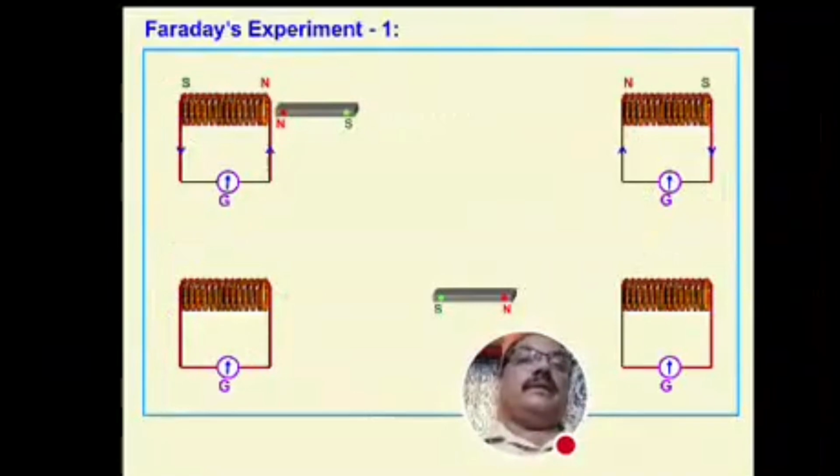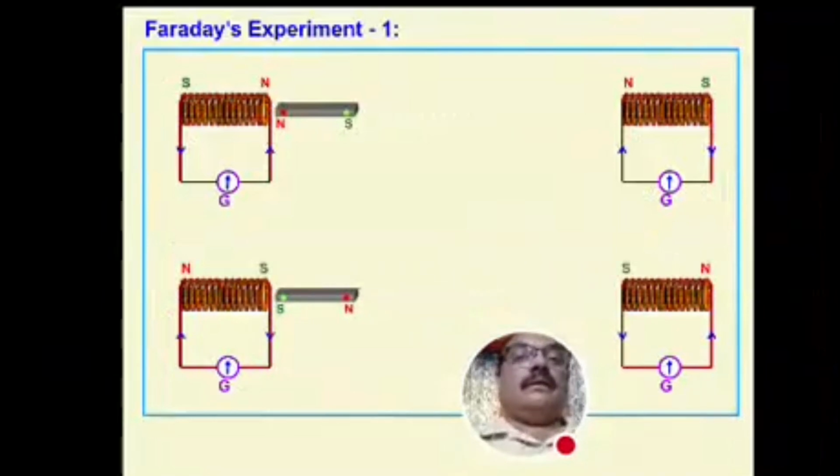Now you can see what happens when the bar magnet is pushed left. You can see there is a deflection in the galvanometer, and you can see it in the second coil also. In the first coil there is a deflection, in the second coil also there is a deflection, but the deflection is in the opposite direction. Once again you can check. Here the south pole is pushed,